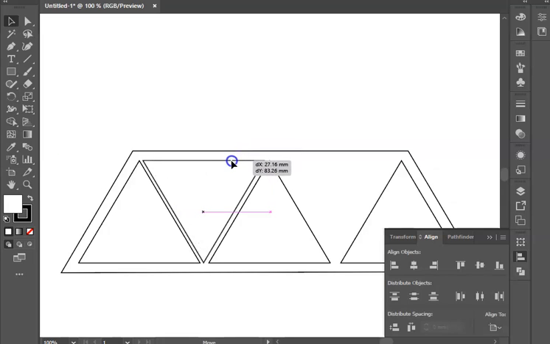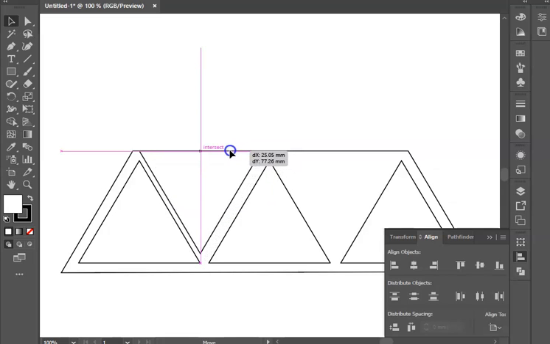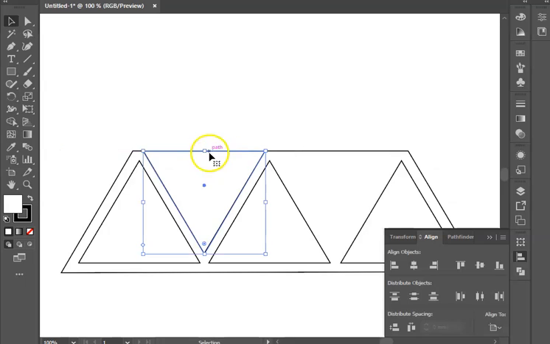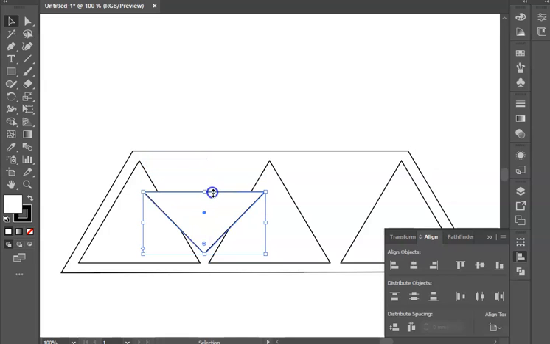Now the problem is here, you can see this triangle is too big. So what I might do is shrink this triangle down. But when I do that, do you see how it's a distorted shape? I don't really like that distorted shape. So instead,